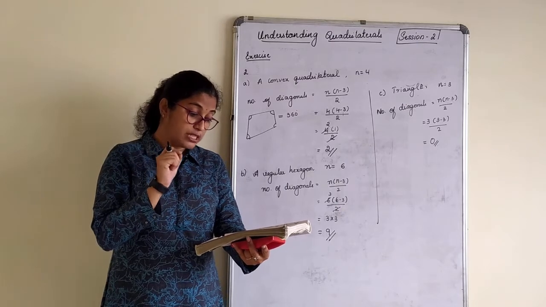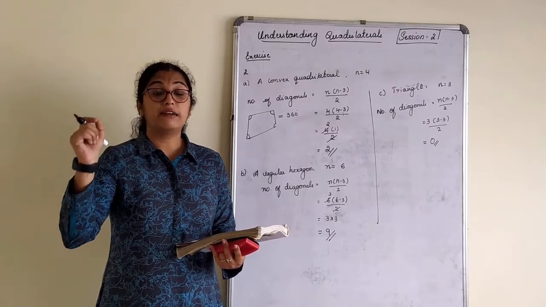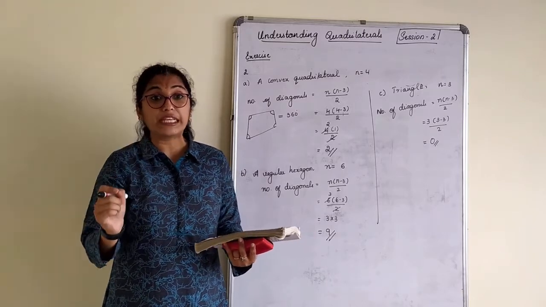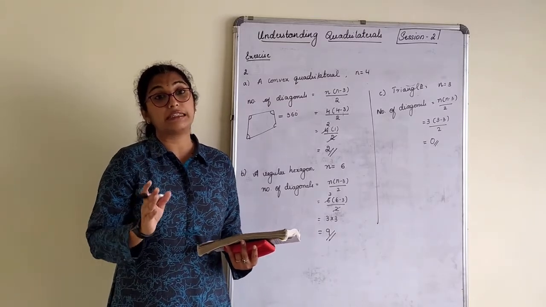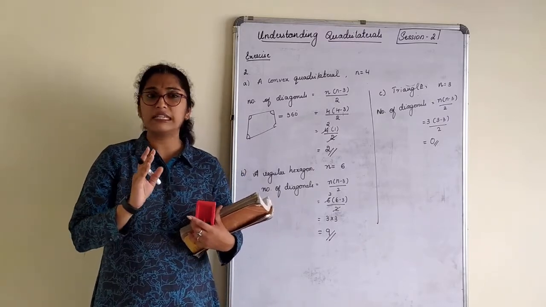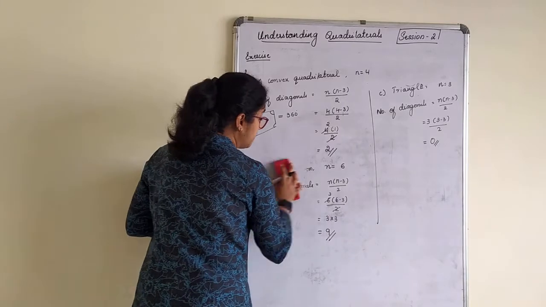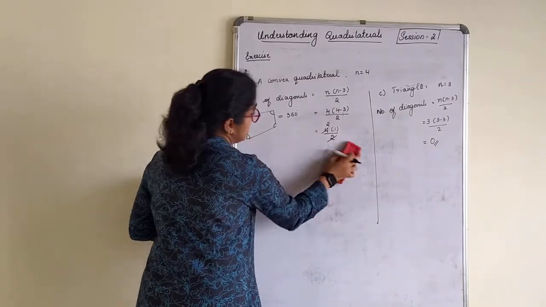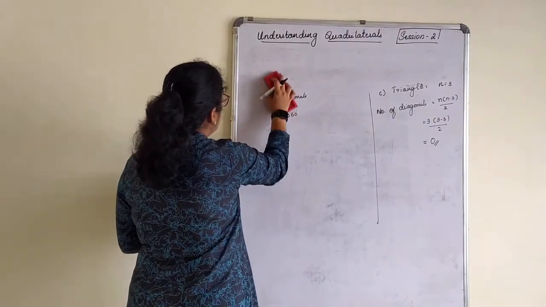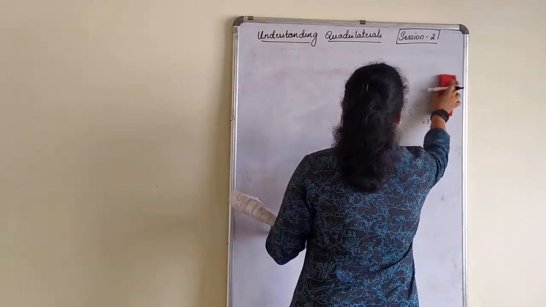This property holds even if the quadrilateral is not convex. The angles of a concave quadrilateral are also 360 degrees. The angle sum property, children, will remain the same, so it is 360 degrees. It's again a 1 mark MCQ type of question, so I hope you will complete it by just saying yes, the sum of the angles is 360. Even if the quadrilateral is not convex, the angles of a quadrilateral are 360 only. So quickly we move to the next one.